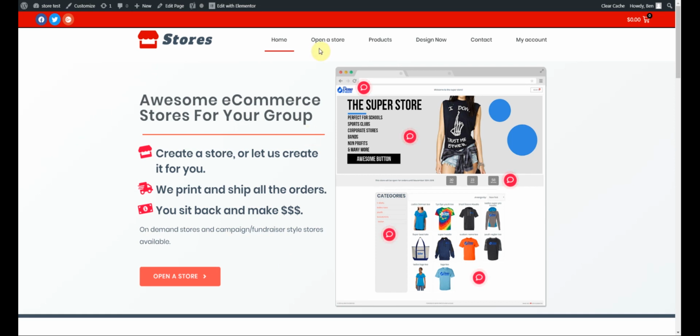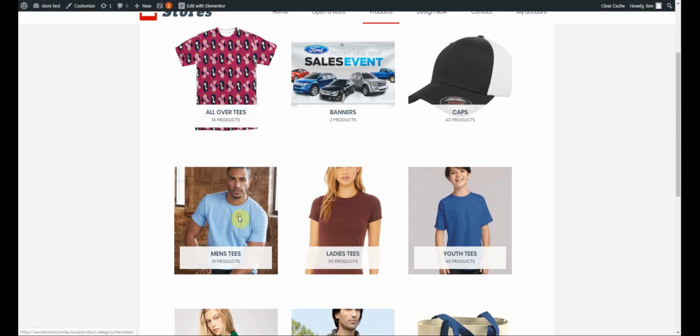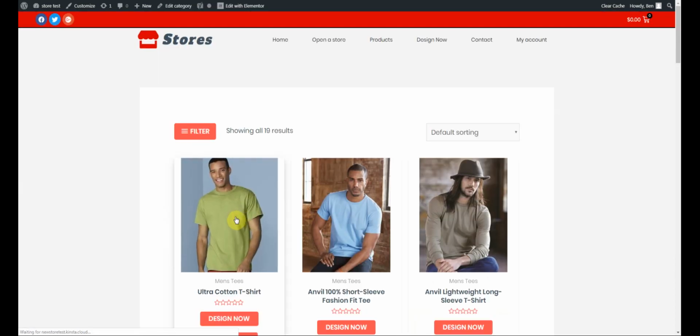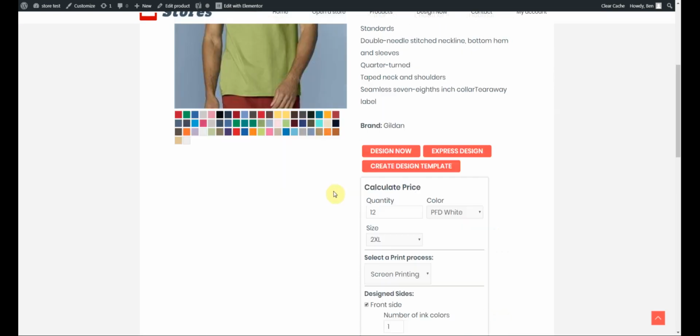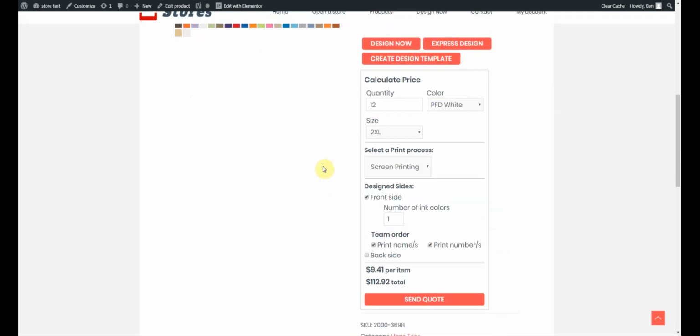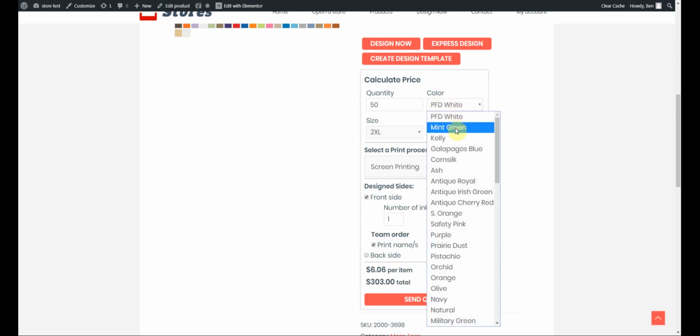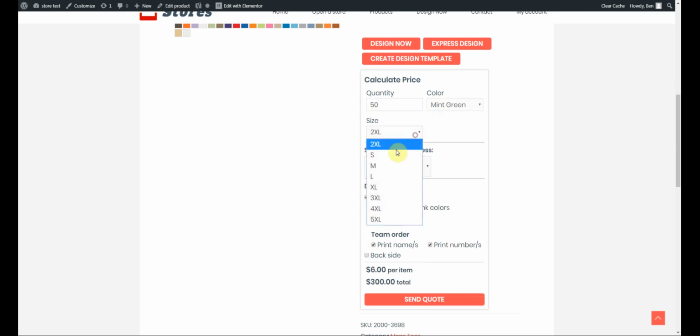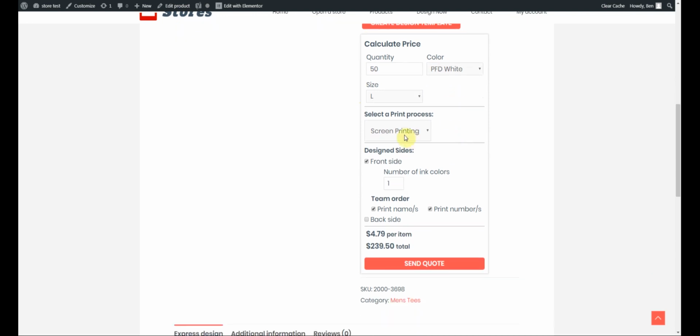So let's get started. I'm going to start by just choosing a product. Okay, so we've got the Gildan t-shirt here. Let's go ahead and get a quick price quote on it. So I'll put in a quantity of 50 shirts. We'll get them in mint green. We'll just set that to large. We'll keep this at screen printing, and we'll keep all this information the same. So you can see our price here,